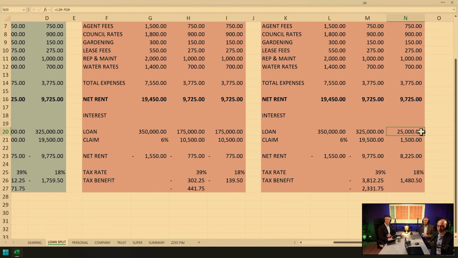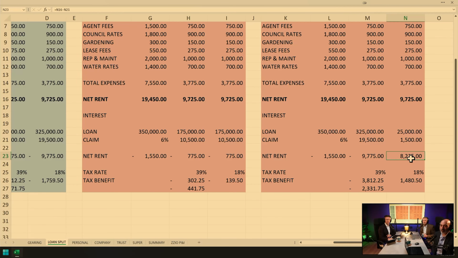So even though the loan's gone from the 650 down to 350, what we've done is paid all that off Jeremy's loan. So Jeremy's now sitting on a $25,000 loan. The total loan is still 350 between the two of you, which is the same as scenario 2, but the interest is now wildly different. The person on the higher income still gets their $9,700 deduction, which is the same as it was back in year 1, back in the blue box. Whereas Jeremy, you're now positive geared. Because you've paid so much off your loan, you're actually positive geared.